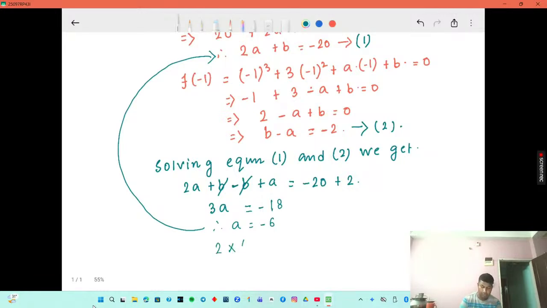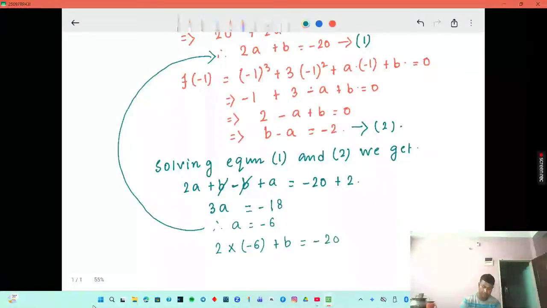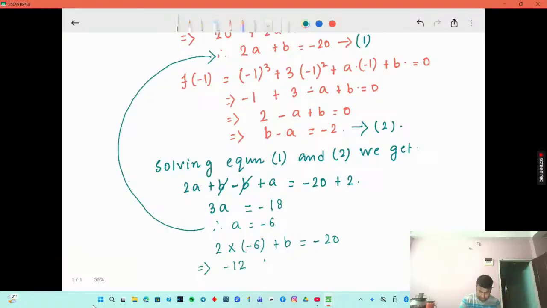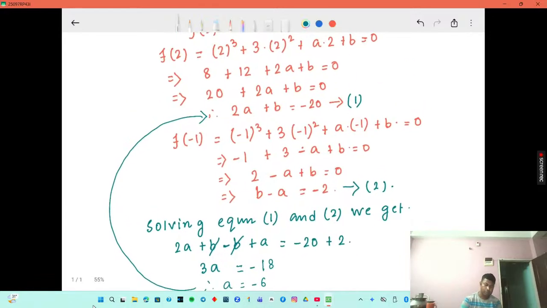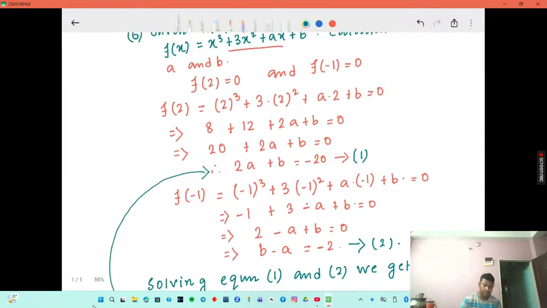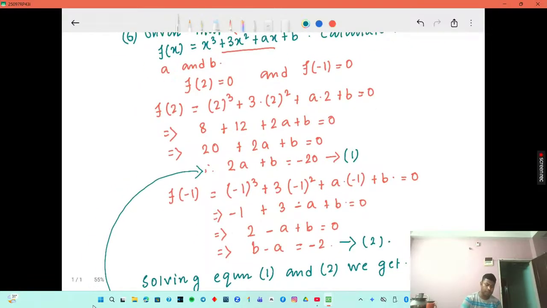2 into minus 6 is equal to minus 20. So minus 12 plus b is equal to minus 20. Therefore b is equal to minus 20 plus 12, which is equal to minus 8. So here we can see that the value of a is minus 6 and the value of b is minus 8. So what will be the equation formed now? The equation formed will be